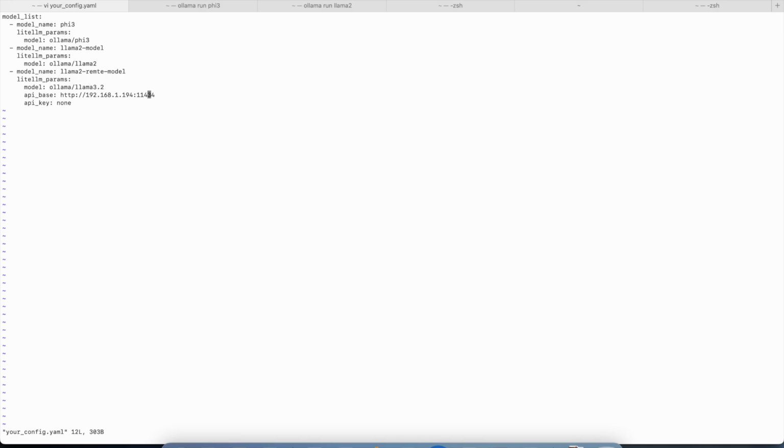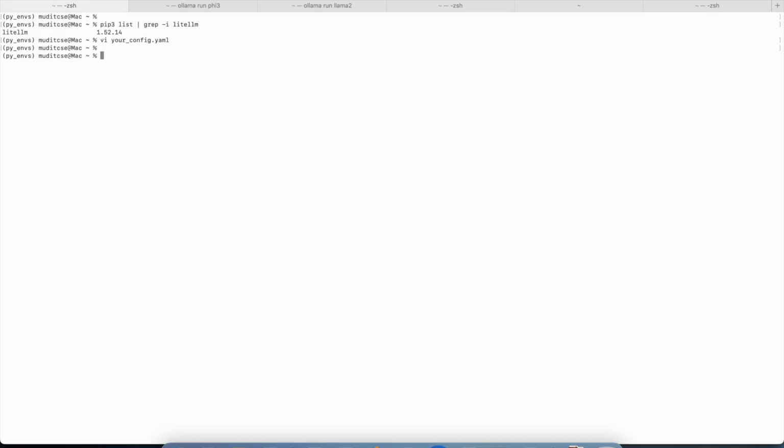Because by default, when you start your Ollama model, the environment variable is only set up for the localhost. So for the remote connection, you need to set up the IP for the remote connections as well. And because I'm not using any API key, I will just have to mark an entry like API key none. Now I will save this configuration and